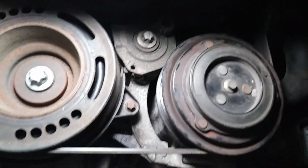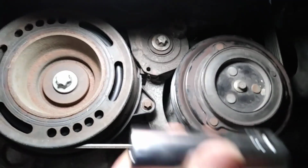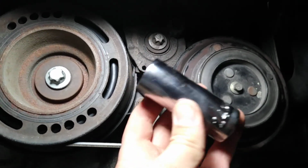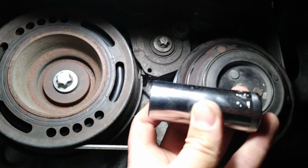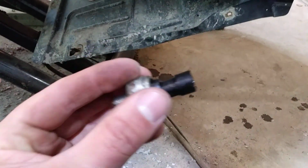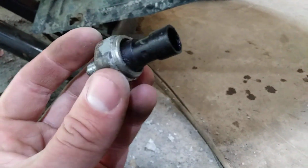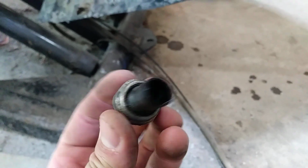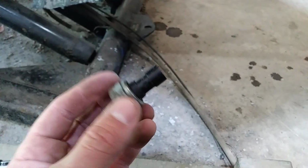And then you'll see the sensor is easily accessible with a 24mm deep socket. You unscrew it and it looks like that. More often than not, it's leaking oil from the connector. It's going bad, so you replace it,